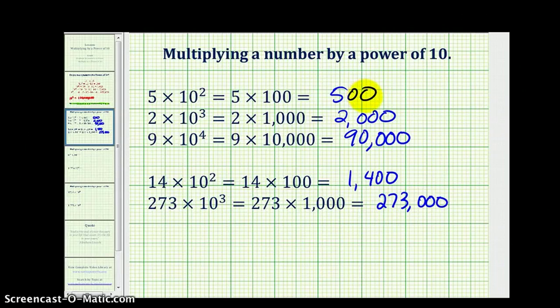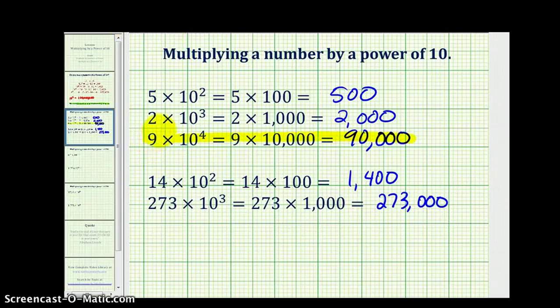Notice one shortcut would have been to just add the number of zeros that match the exponent. Here we just added 2 zeros to 5. Here we added 3 zeros to 2. Here we added 4 zeros to 9, and so on. But we also want to develop a pattern that we could use when multiplying a decimal times a power of 10. For example, if we take a closer look at this product here,